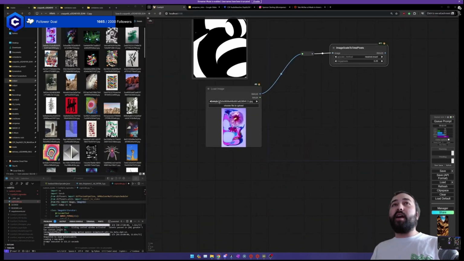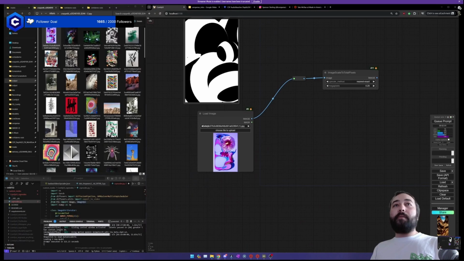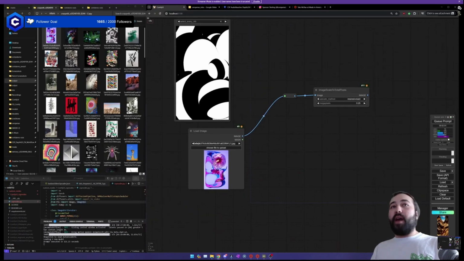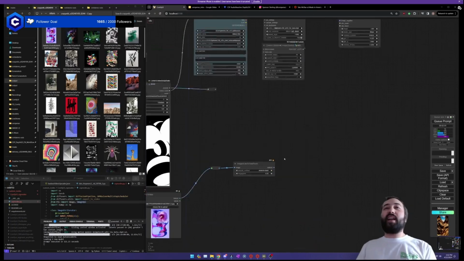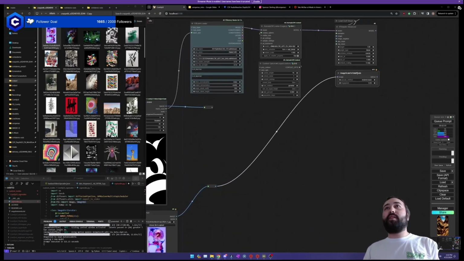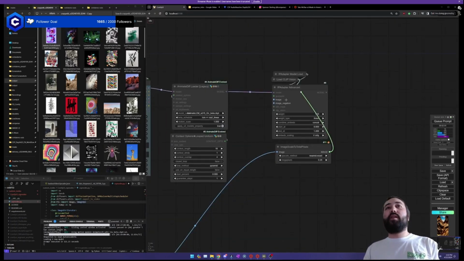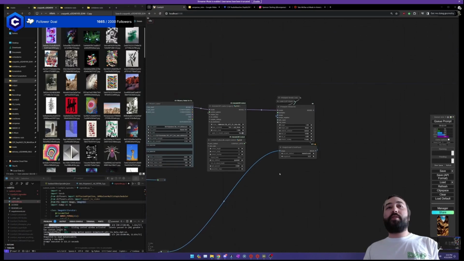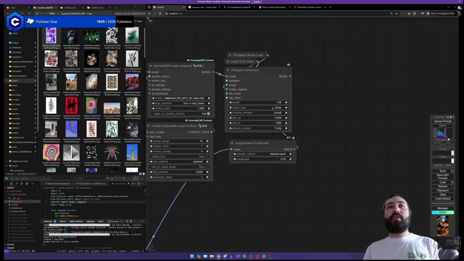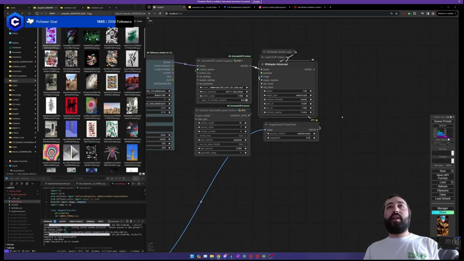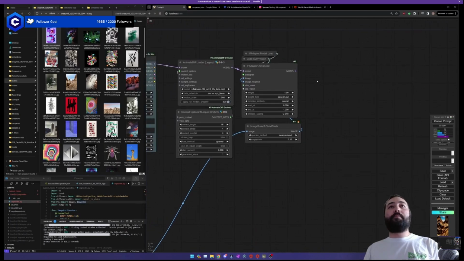So even though it's a portrait, it's going to have the same total pixels as a 512 by 512. This is how I like to pre-process it to prepare it for the IP adapter. So go ahead and plug that into the IP adapter. And that's pretty much it for the IP adapter. Oh yeah, we're going to change the weight type to ease in out, which seems to be working quite well. And I think that's it for that.